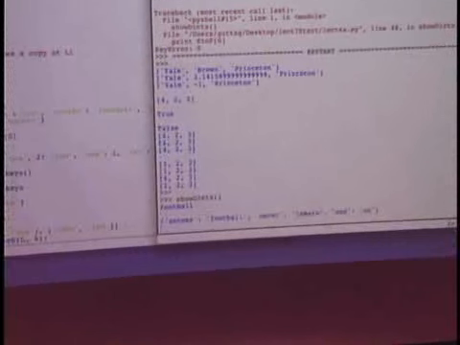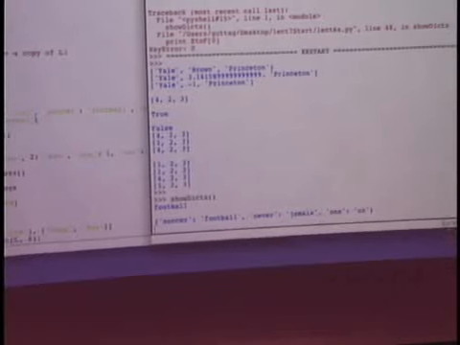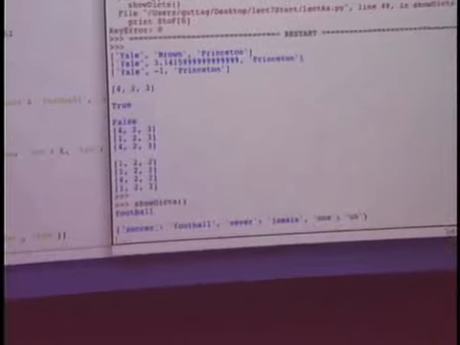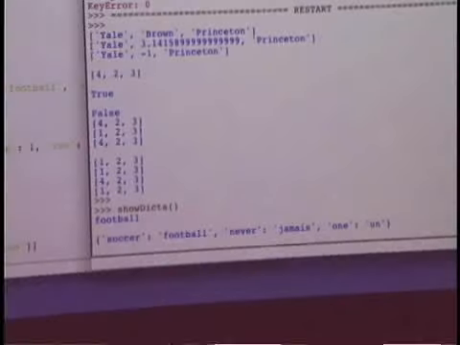Where we were before. I've printed it here. You might be a little surprised at the order. Why is soccer first? Because the order of this doesn't matter. That's why it's using set braces. So don't worry about that. The next thing I'm doing is, so